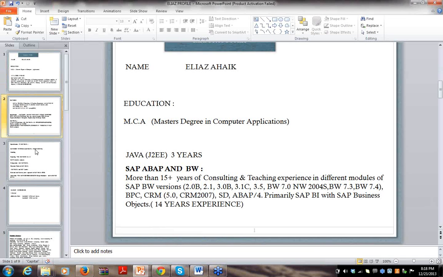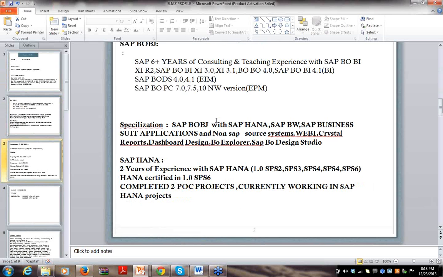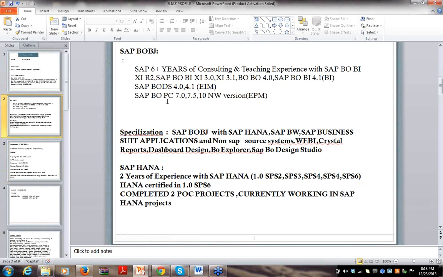When SAP acquired Business Objects in 2008, from 2008 onwards, I am working as a BO BW consultant. Again, I have a total of 6 years of experience in SAP BOBJ along with SAP BW as one of the sources. I worked in XI 2.x versions, 3.0, XI 3.1, and my current project with BO 4.1. Apart from BO, I have a lot of experience in BODS, which is an EIM tool. We were using BODS as an ETL tool to load non-SAP data from different source systems to SAP